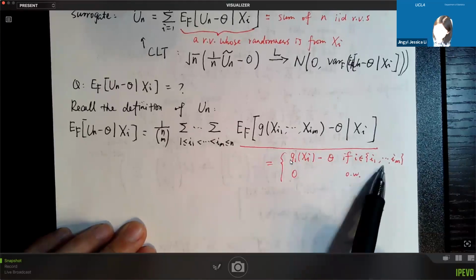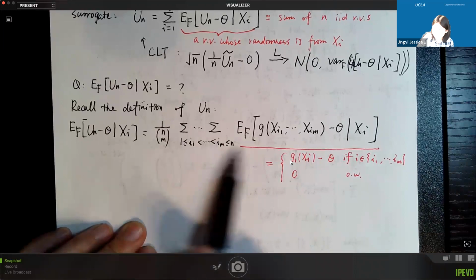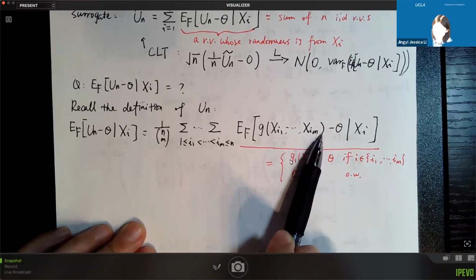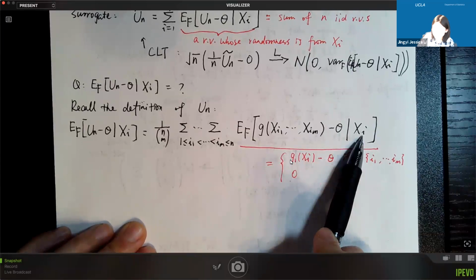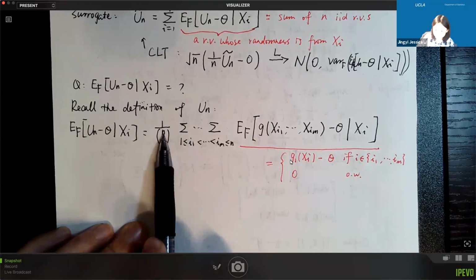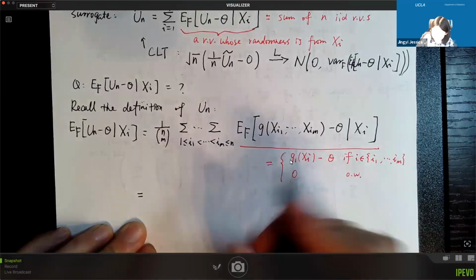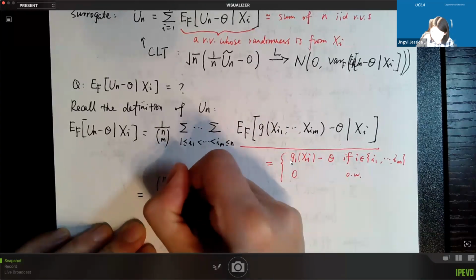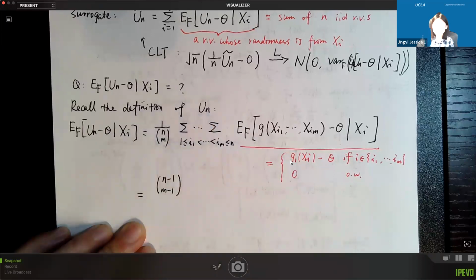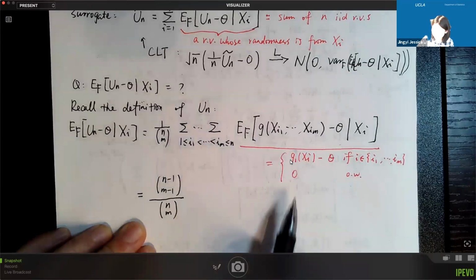So how many cases can I have among I1 to IM? That's when I choose those m things. I first choose xi, and then I randomly pick m minus 1 from the remaining n minus 1. So you know that the number of ways for this to happen is just n minus 1 choose m minus 1, because I don't need to choose xi. Xi is already in there. And divided by n choose m times